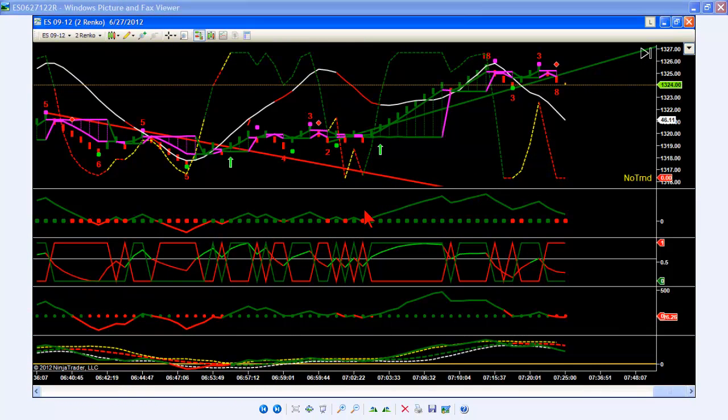Here are the triangle trend indicators for NinjaTrader on 6/27/2012 on the ES 2 Renko. There weren't enough bars put in overnight on the 4 Renko to trade, so I just went immediately to the 2 Renko this morning and went long on this bar right here when the swing cycle turned green and moved